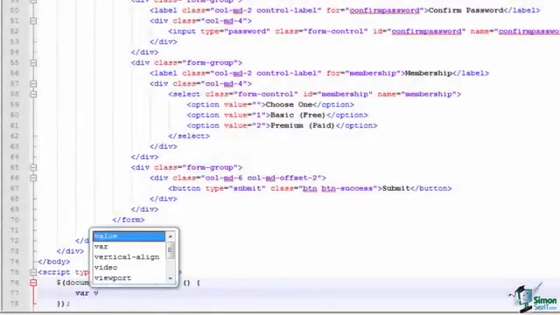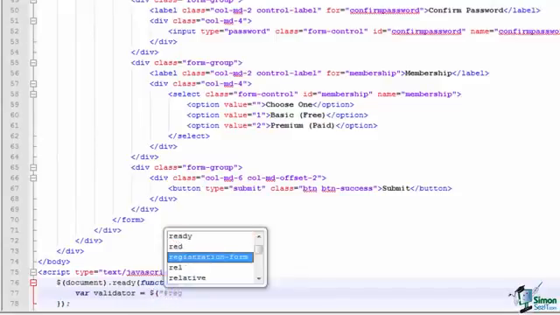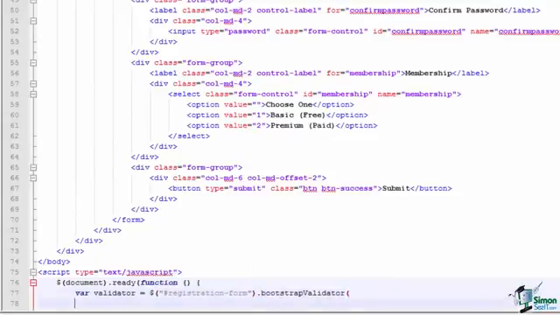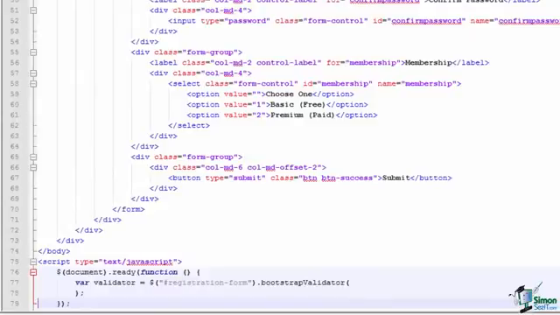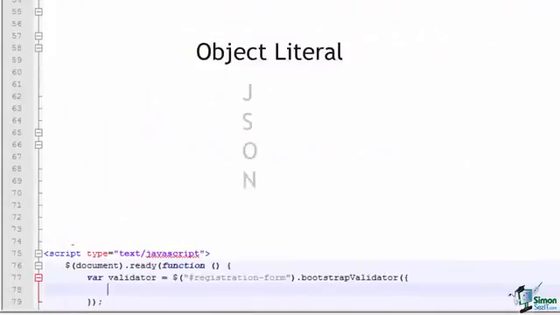First thing we'll do is create a variable called validator. We'll use a jQuery selector to grab our registration form. And to that, we'll append the bootstrapValidator function. Inside of the bootstrapValidator function, create what's called an object literal. An object literal is JSON, which stands for JavaScript Object Notation, and it's a way of passing complex object information